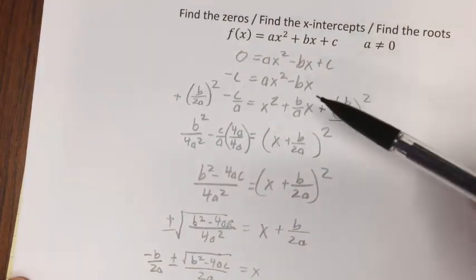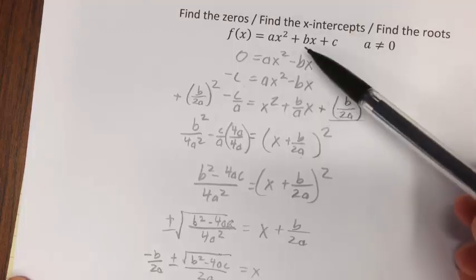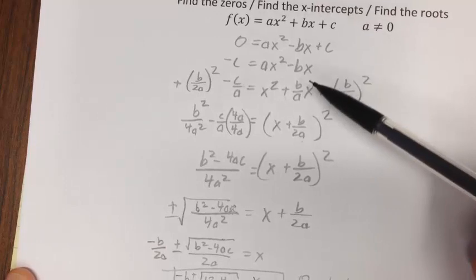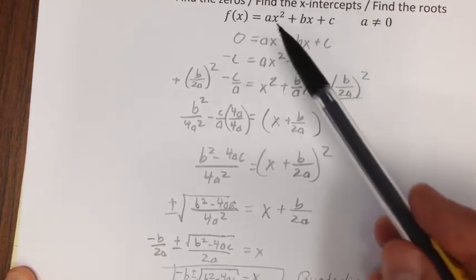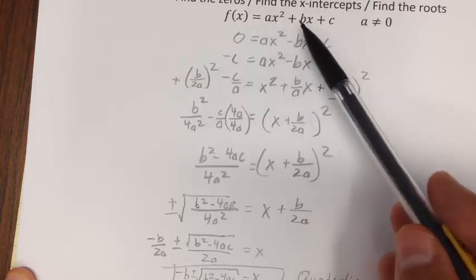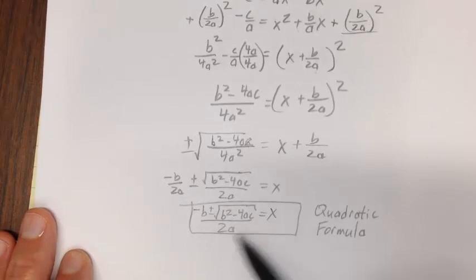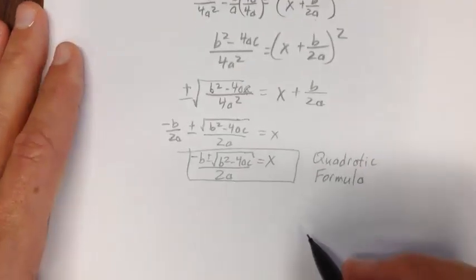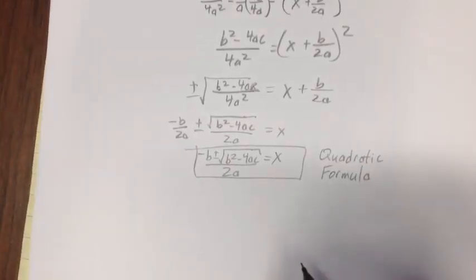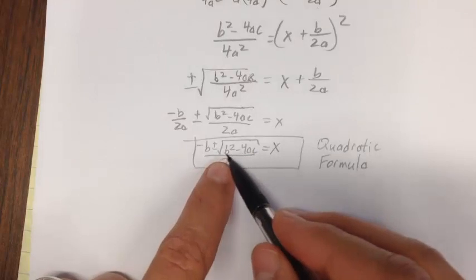And the nice thing about it is you don't have to do this completing the square process all the time. It's achieved by doing the completing the square process, but now that we know it once and for all, if I get something that has 3x squared plus 4x plus 5, I can put 3, 4, and 5 in for a, b, and c and use the quadratic formula. It always gives me a solution, and the interesting thing about that is I can sort of tell you what that is